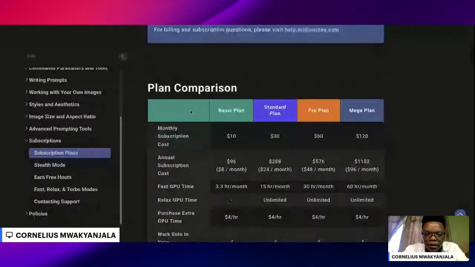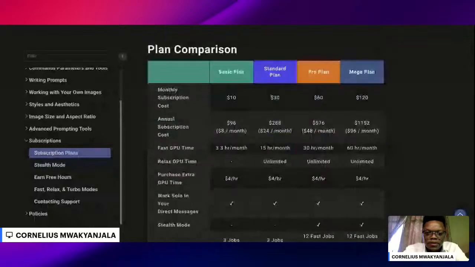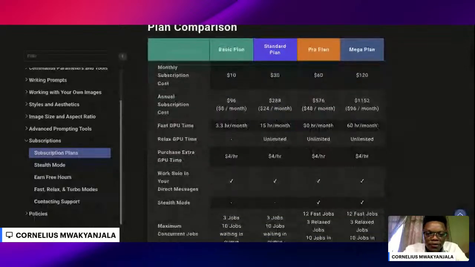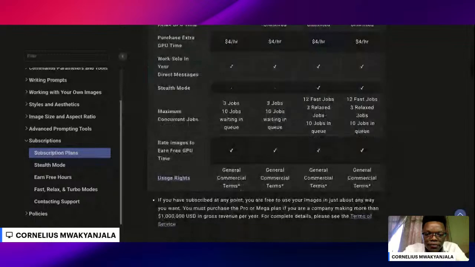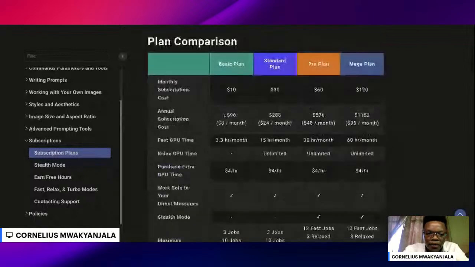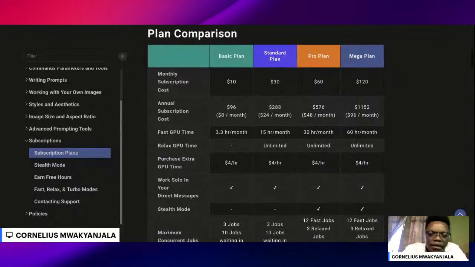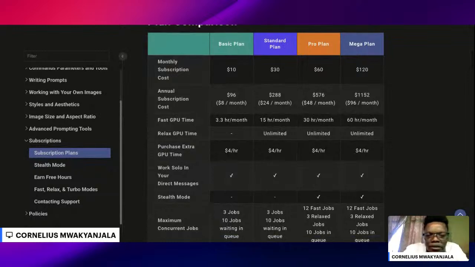So this is the price for Midjourney, and I'm not sure how much GPU time, how many images it is for $10 for 3.3 hours per month. But I remember when I was subscribed to Midjourney, I had around 200 images I could generate a month, if not more. But